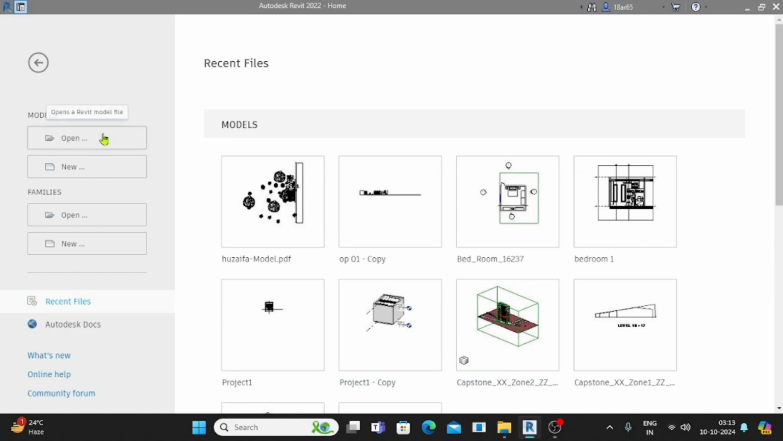Today we see how to create stairs in Revit and different types of stairs in Revit. How to add stairs in your plan. First, create new